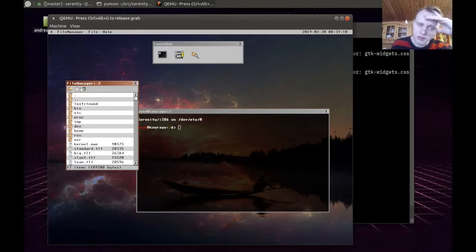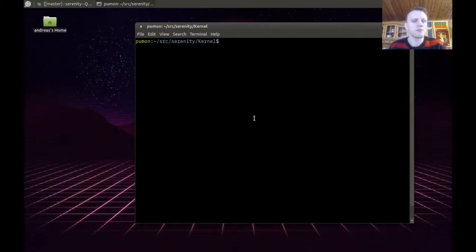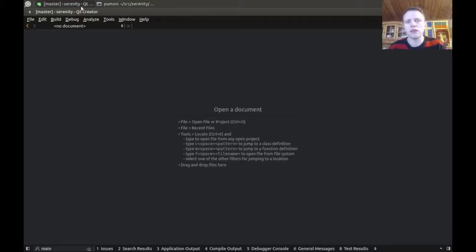But currently, I don't have a way to detect that I'm hovering over some arbitrary GWidget. So I'm going to have to add support for that, and that's going to have to start all the way in the Windows server. So I thought I would add something like enter and leave events for Windows, because